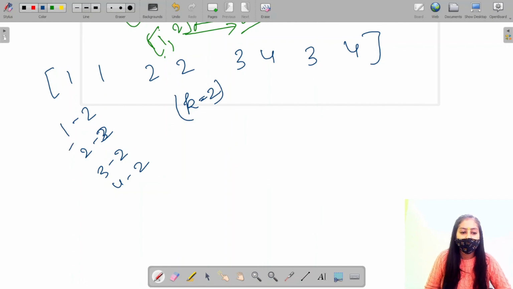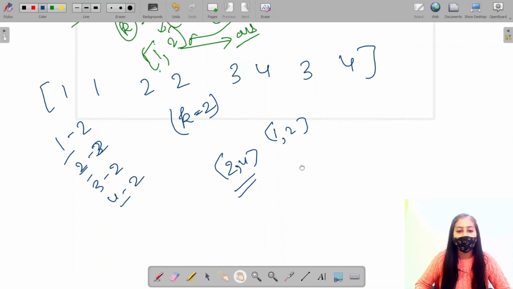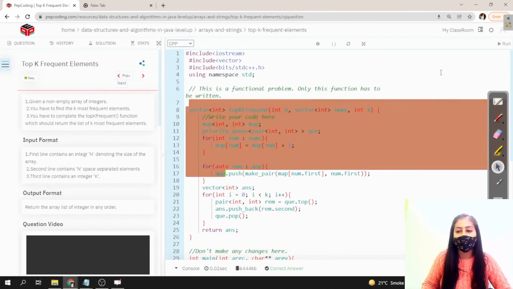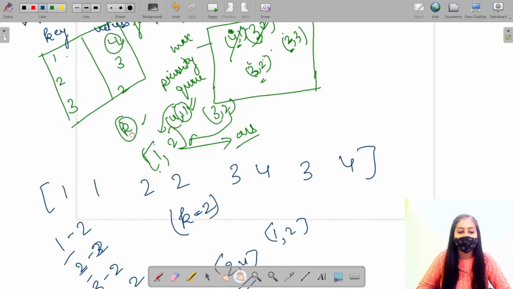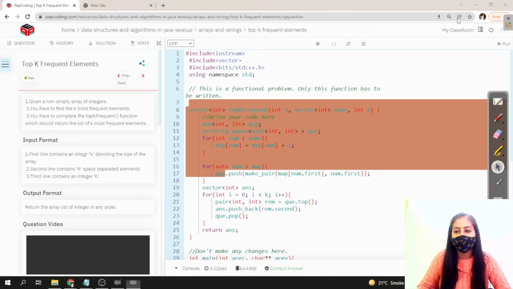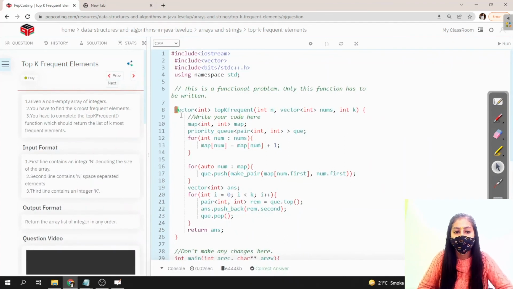Now you may get 1 and 2 as the answer, or you may get 2 and 4 as the answer. So the order doesn't matter. If you got a different output, it doesn't mean the code is wrong; the solution is perfectly right. We will update the test cases so that they accept all answers irrespective of the order. So if your code doesn't pass, it doesn't mean that the solution is incorrect. The solution is perfectly fine, only the order is different.